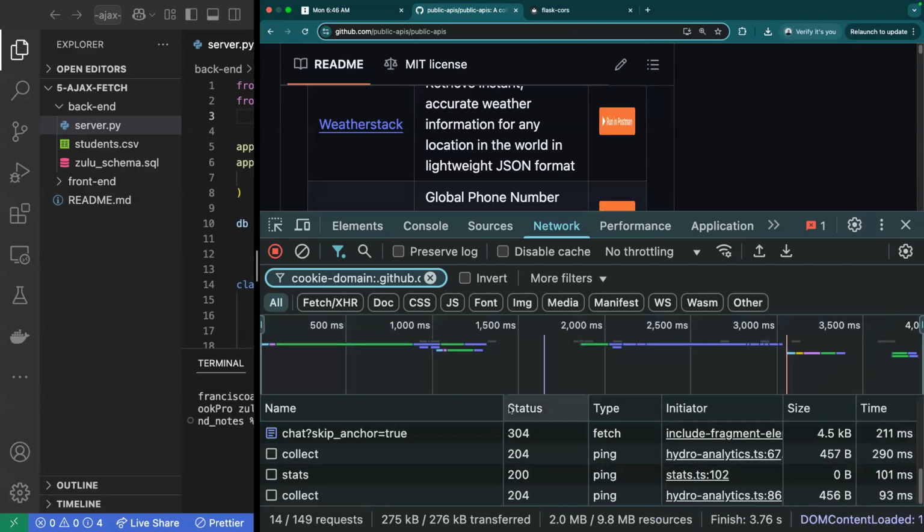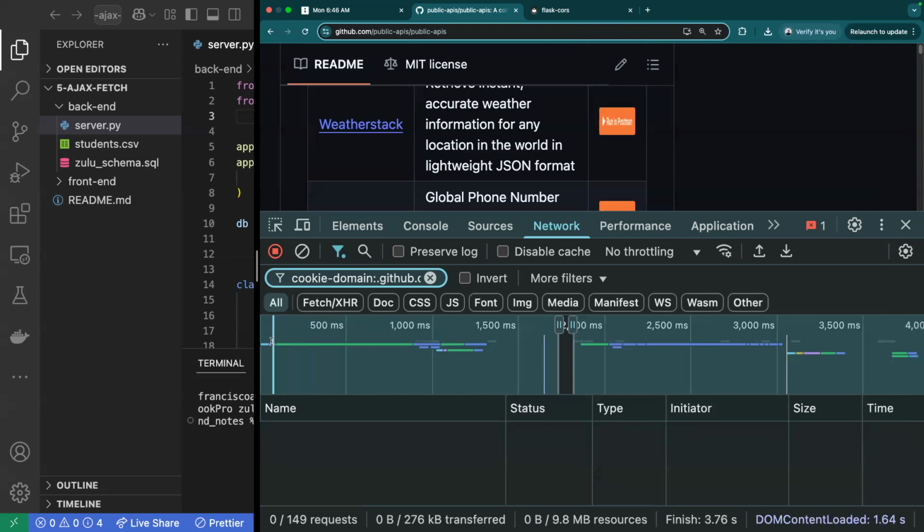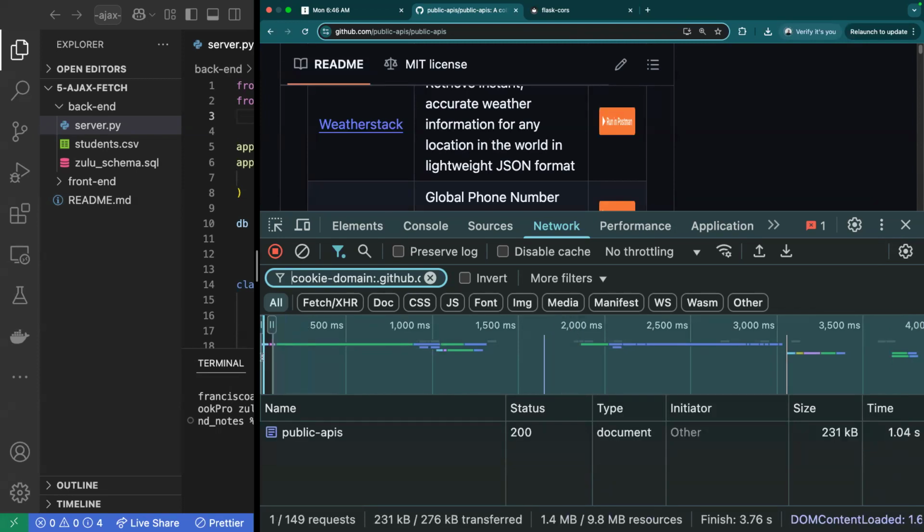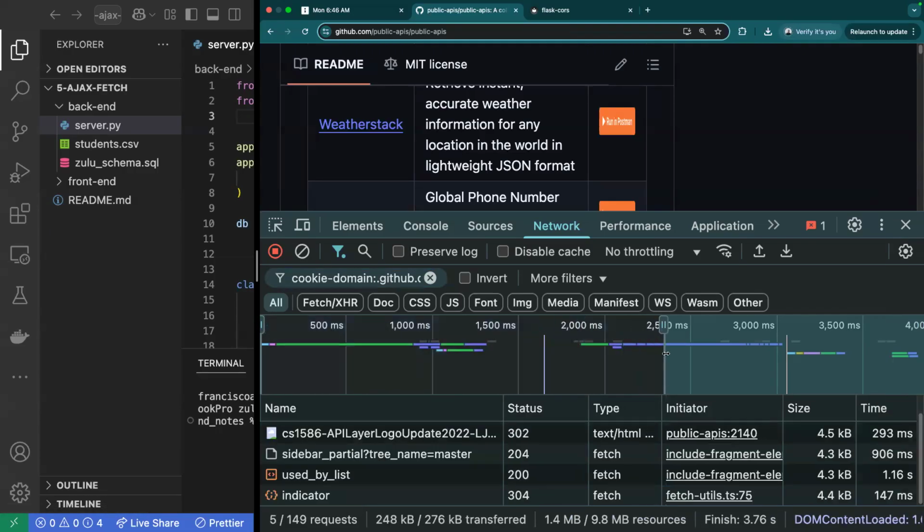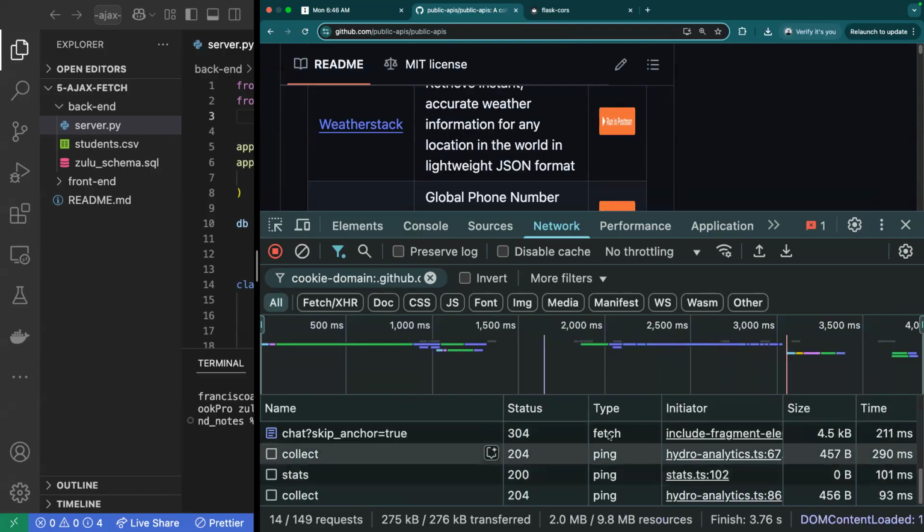If I scroll down, as soon as our request is sent on our browser, or within our 4000 milliseconds,